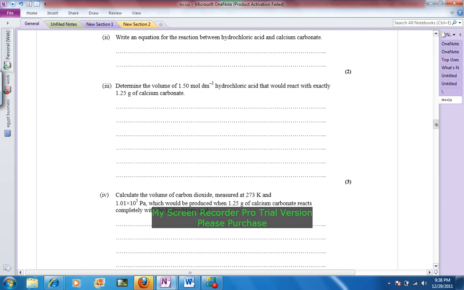Okay, so moving on. You want to write an equation of the reaction between HCl and calcium carbonate. Well, calcium carbonate and HCl gives you CaCl2 plus H2O plus CO2. And then you need to balance it. So you put a 2 there. I'm not going to go through all the balancing, like why you put a 2 there, because you guys get it. You guys are smart. Now it's telling you to determine the volume